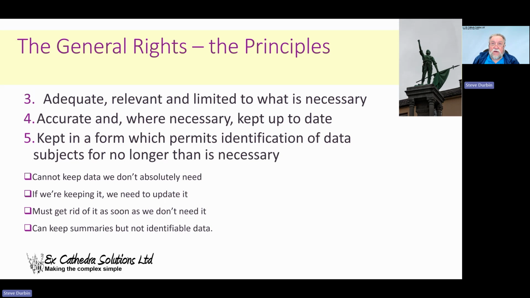So for example, if you go to your GP surgery, they should do something like at reception, oh, by the way, does your mobile phone number still end in 559? And can you confirm that your house address is still 119? That sort of thing. You need to be very careful doing that, to make sure you're not disclosing data to anyone else in the surgery, but that should happen all the time. Give people the opportunity to verify their data. As soon as we don't need the data, we need to get rid of the identifiers from it.